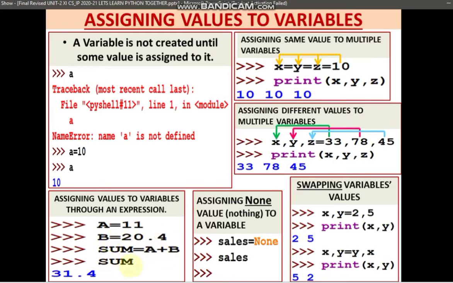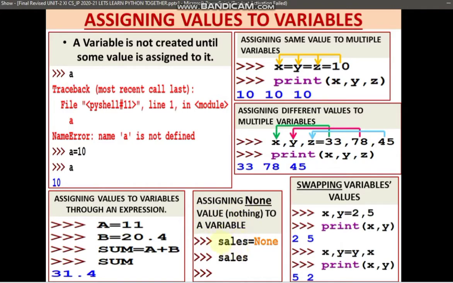So now if you print sum, you will get the summed up total value of a plus b, that is 11 plus 20.4, 31.4.